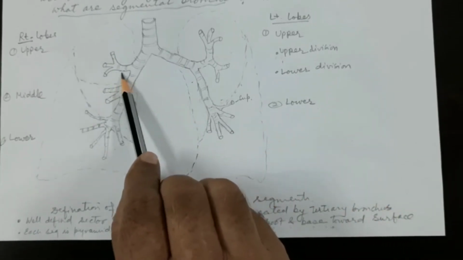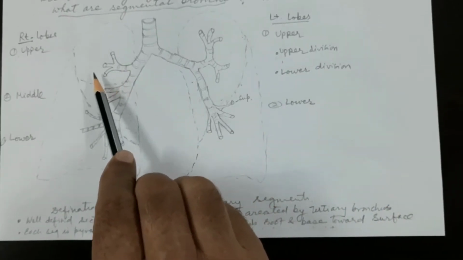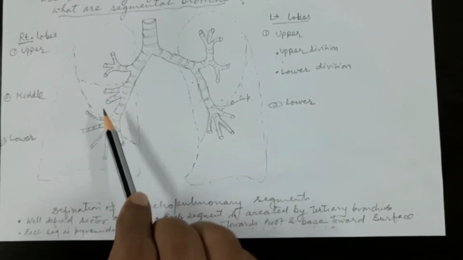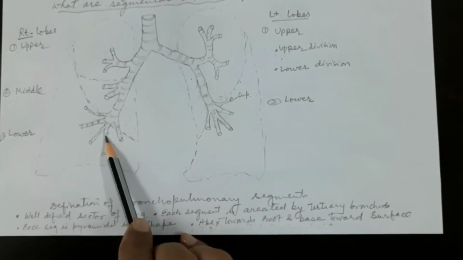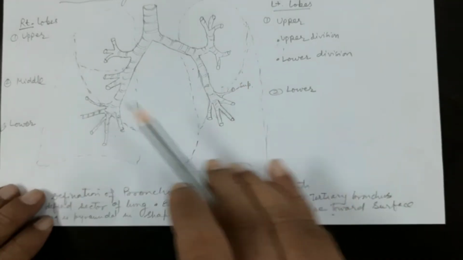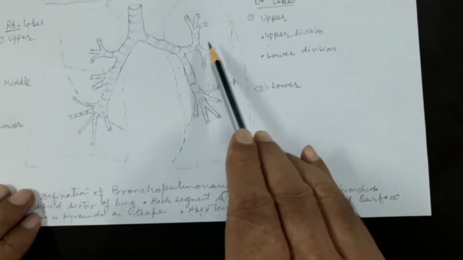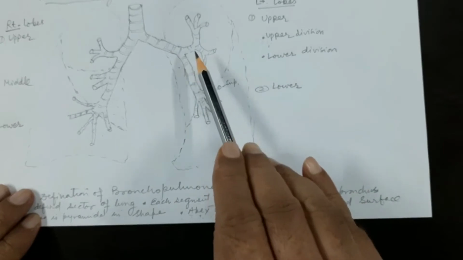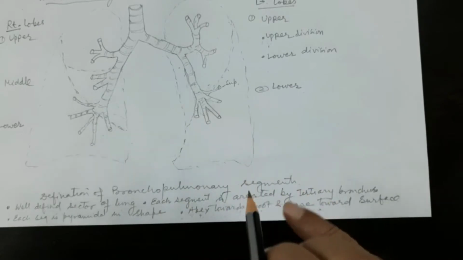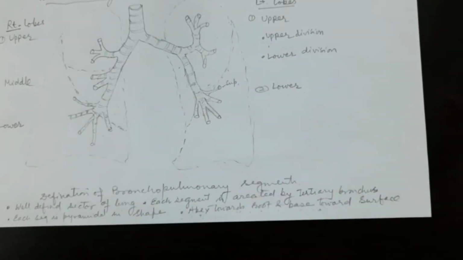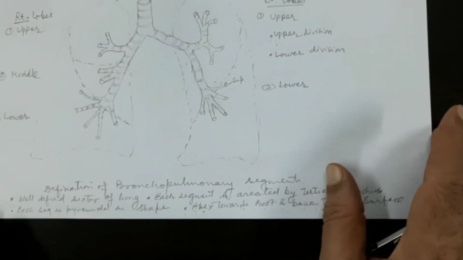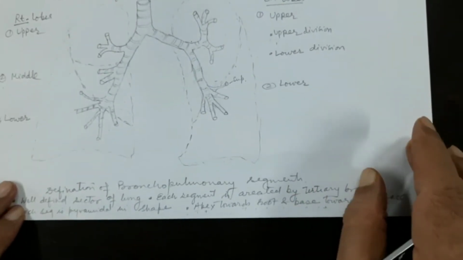Say, for example, the lobar bronchi: the upper lobar bronchus goes to the upper lobe, the middle lobar bronchus to the middle lobe, and the lower lobar bronchus to the lower lobe of the lung on the right side. On the left side it is the upper lobar bronchus and the lower lobar bronchus. Within the lobe, they divide into the tertiary bronchi, which will be known as the